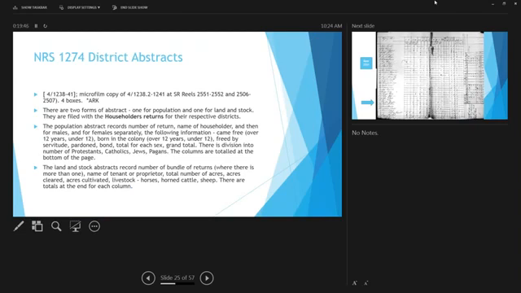The district abstracts also form part of the Archives Resources Kit. There are 2 forms of abstract, one for population and one for land and stock. They are filed with the householders' returns for their respective districts. The population abstract records the number of return, the name of the householder, and then for males and for females